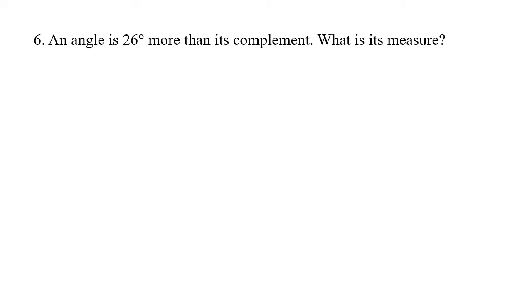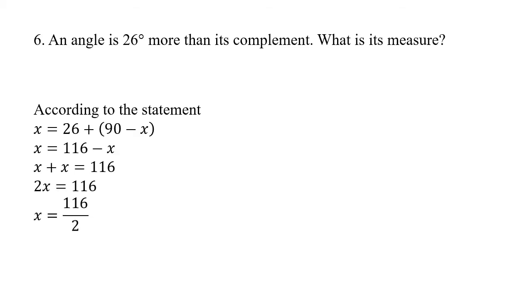Now another question: an angle is 26 degrees more than its complement, what is its measure? So we know for complementary angles, the sum is 90 degree. So the statement says x equal to 26 plus 90 minus x. So when we solve it, we get x equal to 58 degree. So 58 is the angle which is 26 more than its complement. So what are we given? An angle is 26 more than its complement. So we have got two angles. One is 58. The other one will be